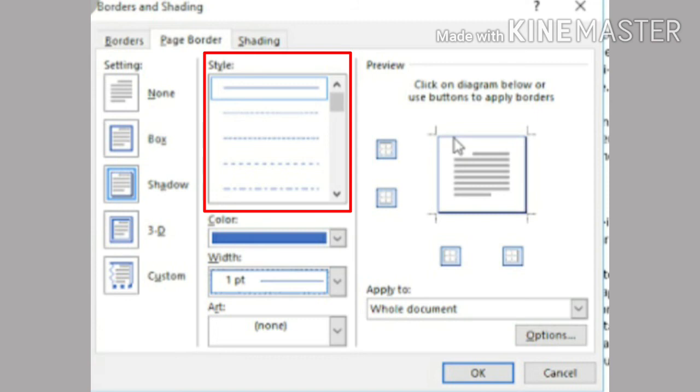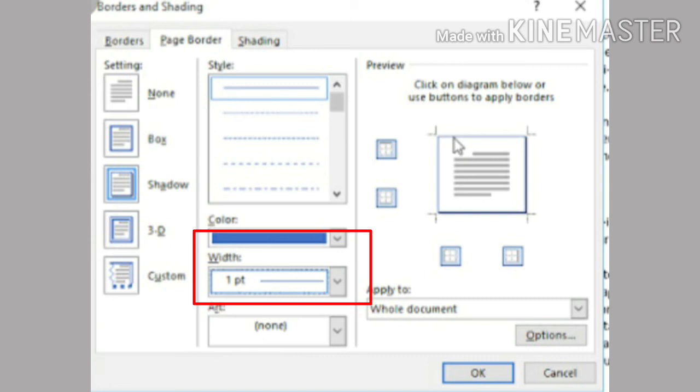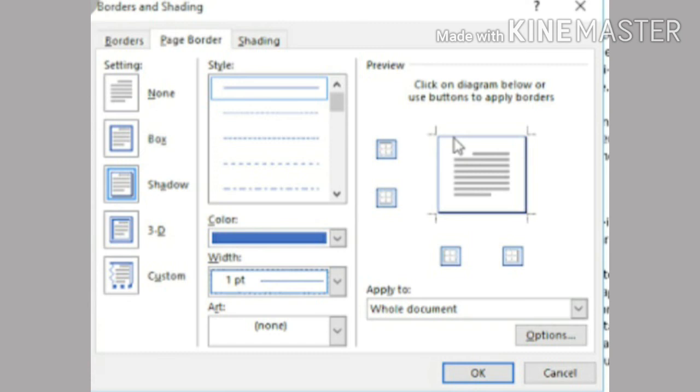Okay, and from the color box you can use your favorite colors too. And you can also change the width of the border from the width box. See, different styles are there, different colors can be given to your border, and you can also change the width of your border. Okay, that's in page border.